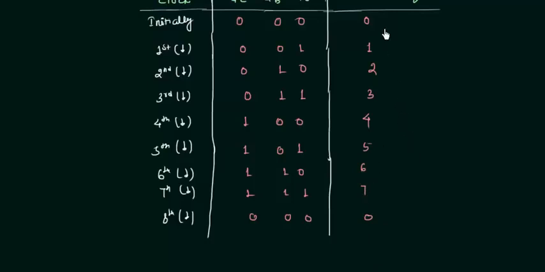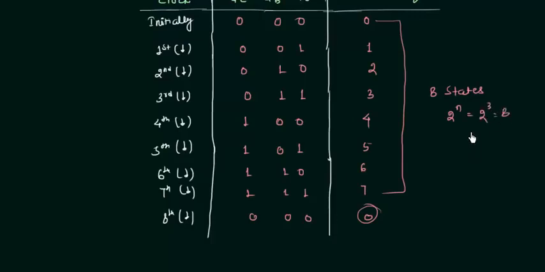Now you can see it starts counting from 0 and ends counting at 7, and again it goes to 0. I have already explained these points. If this happens, we just count the clock pulses before 0. So 1, 2, 3, 4, 5, 6, 7 and 8. In total 8 states are there. So the number of states is equal to 2 to the power n, where n is the number of flip-flops. So 2 to the power 3 is equal to 8.